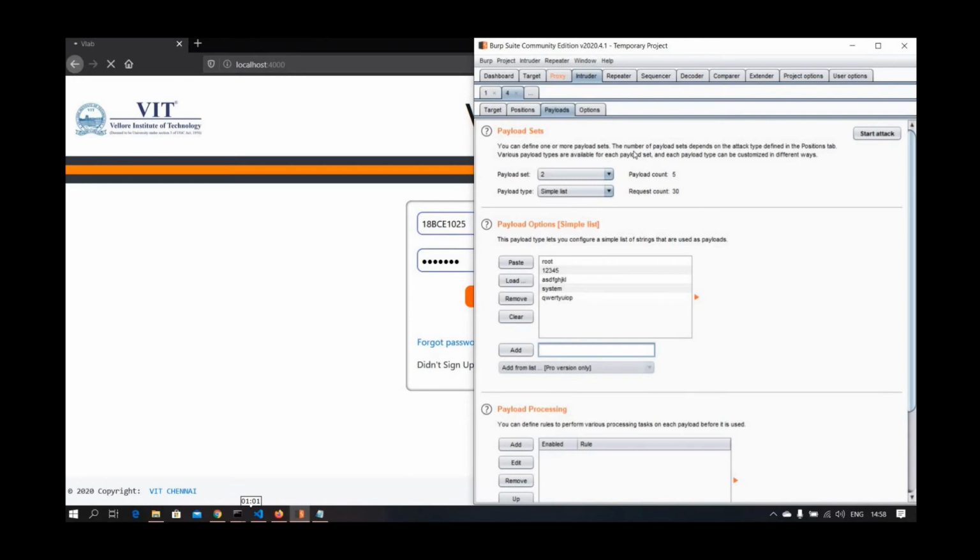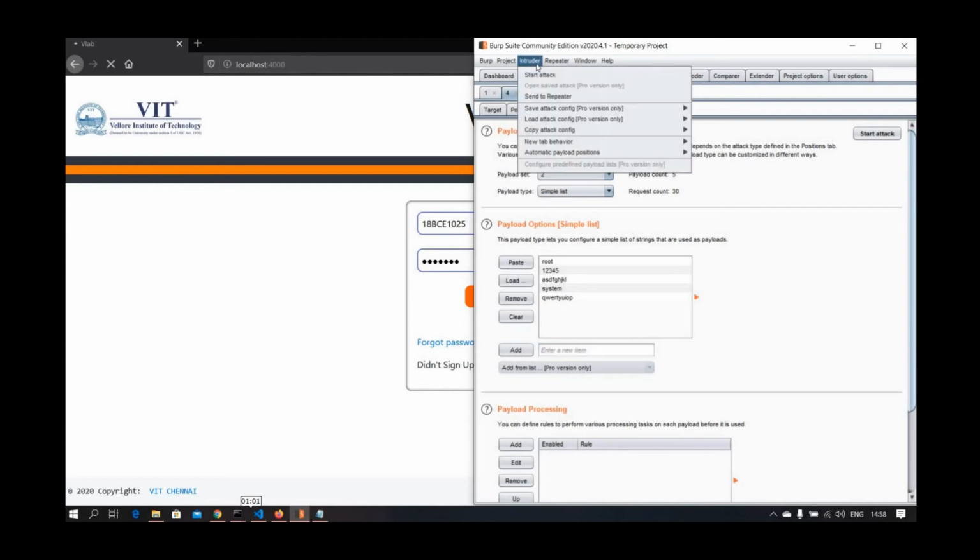After inserting the passwords, I'll go and start the attack.